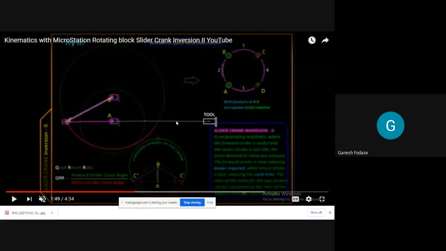Understand or not? So this position I showed you in the last case is nothing but the extreme right position of the tool. Clear? Yes, sir. And what you observe here, AB is perpendicular to what now? Output link. Is it yes or no? We talk about geometry. You can see this diagram below also. This is the geometry in which AB is perpendicular to this. So these are two positions shown, maybe C double dash or C dash is the name given. So this is the extreme left position of the crank, and correspondingly you obtain the extreme right position of the tool. Just see next.